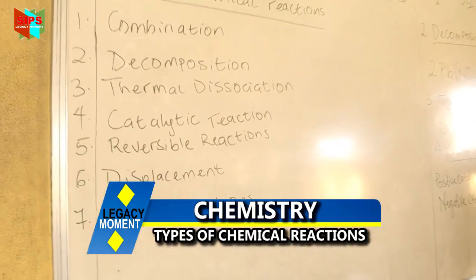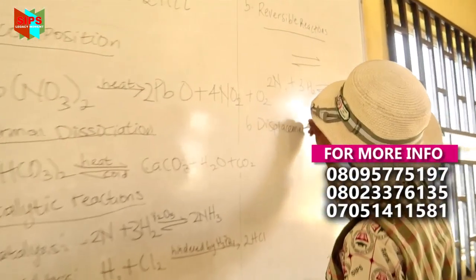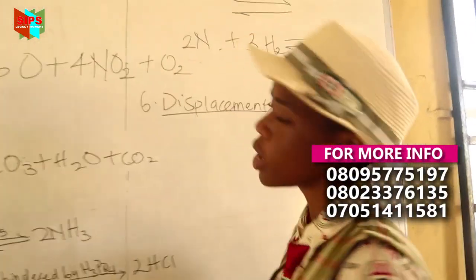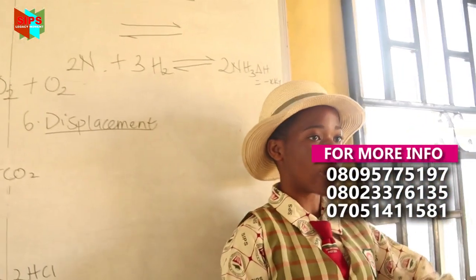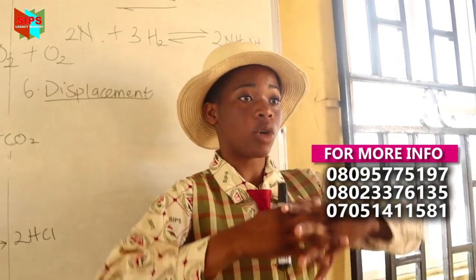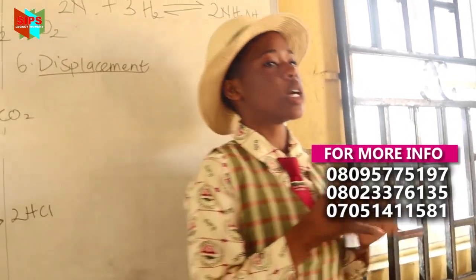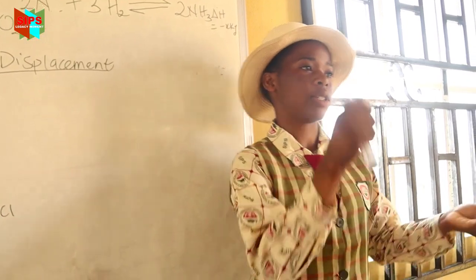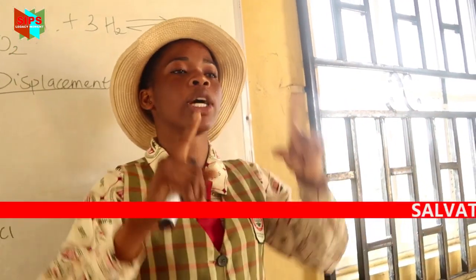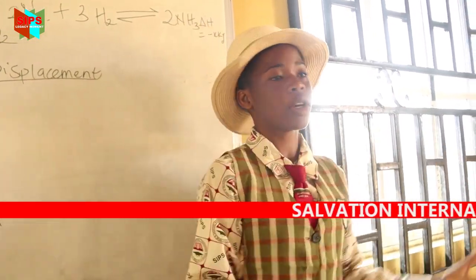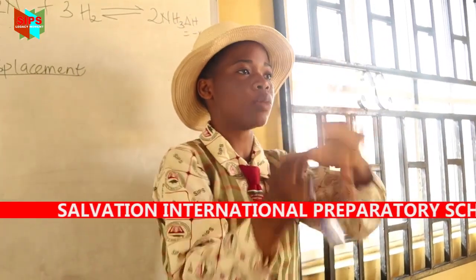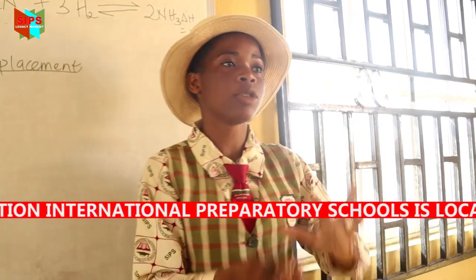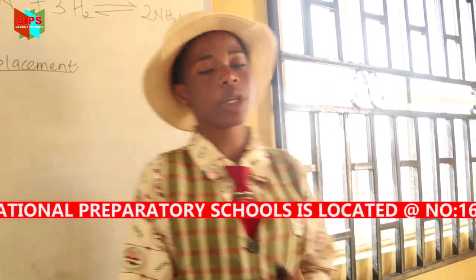Okay, then we have displacement reactions. Displacement reaction is a type of reaction in which one element or radical replaces another element or radical in a solution. Now, the rate of displacement is affected by a factor known as the electrochemical series. The electrochemical series is a list of atoms of elements that can displace each other. For example,